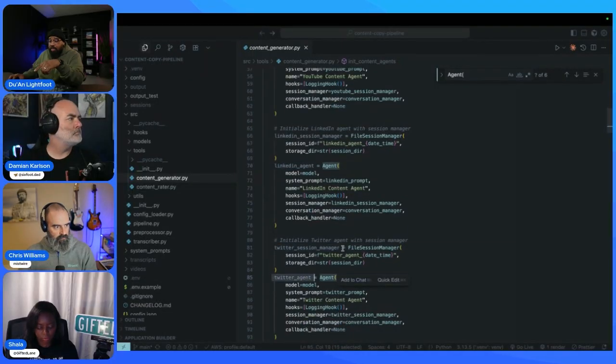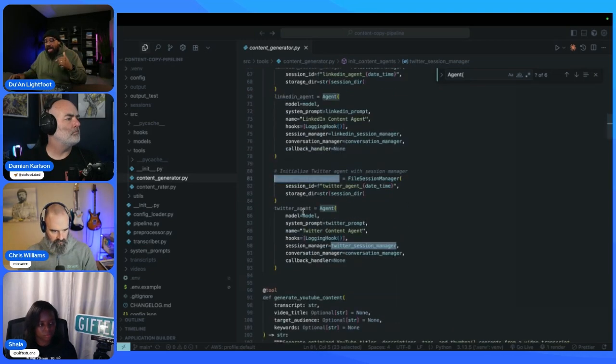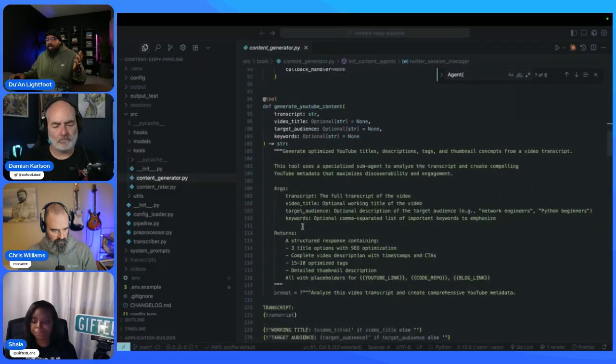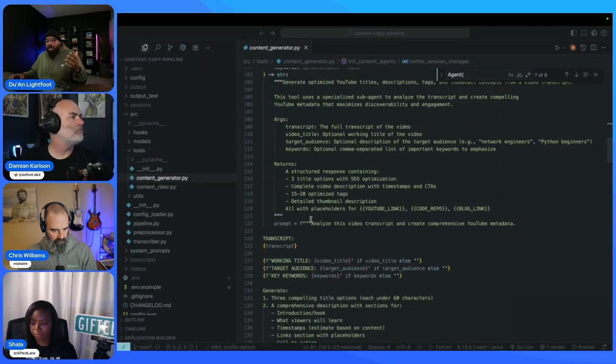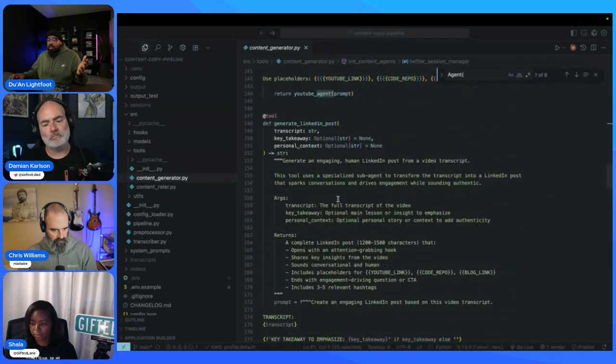And all of these, what I'm highlighting here, have their own session, so they maintain their own conversations. Each one of these agents is honestly on its own. I can invoke these agents separately. I just plugged them and built them into this system. But inside of here, I could just import one of these agents and use it on its own. So if I just want to focus on YouTube content optimization, I have this agent here that has its own system prompt that I could use. I just built them all behind this orchestrator to orchestrate all of these different agents. Very cool.